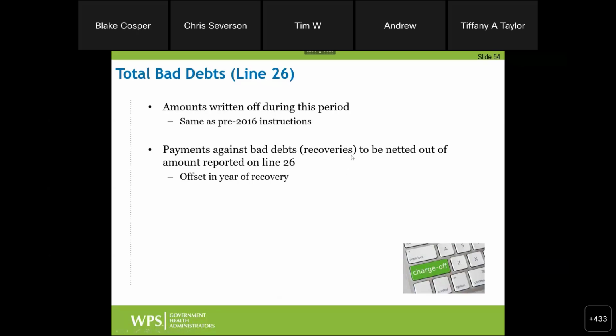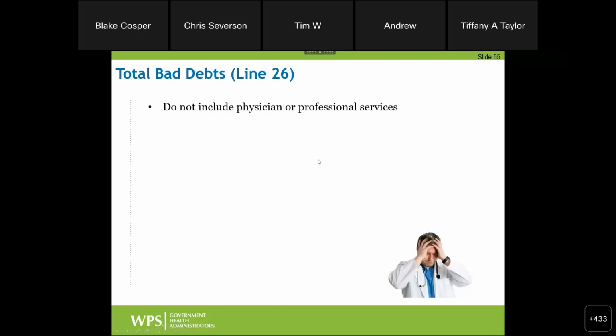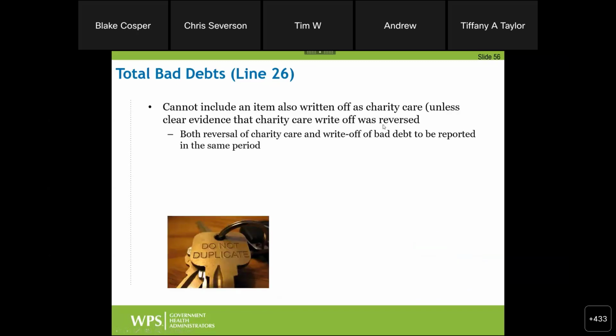Recoveries should have already been written off. We talked about that. Or they should have been netted out of line 26. Again, do not include physician or professional services. Now, here is one thing that happens that we've seen quite a bit, or not quite a bit, but a